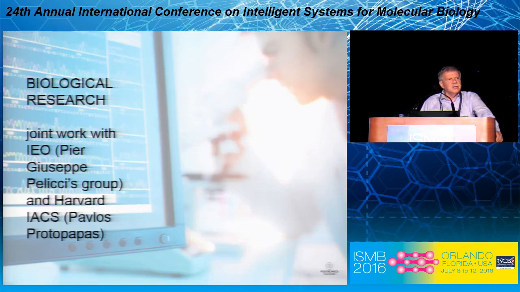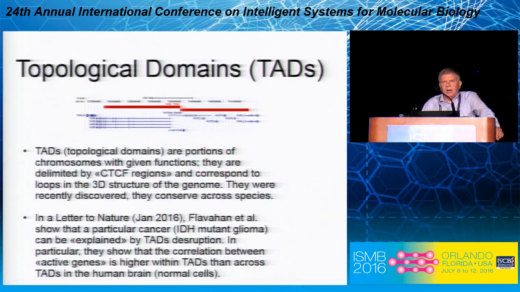I will move to some description of some of the biological work that has been possible through using the system. In particular, I will focus on one. We have been looking at the recent paper, which was published in Nature, which has to do with how topological domains of the genome can influence, in particular can motivate, and can be one of the causes of cancer. In particular, this paper by Flanagan has shown that a particular kind of cancer, IDH mutant glioma, is explained by the fact that there are some